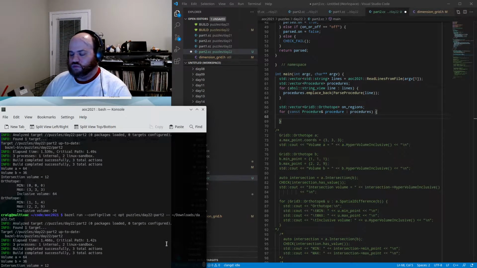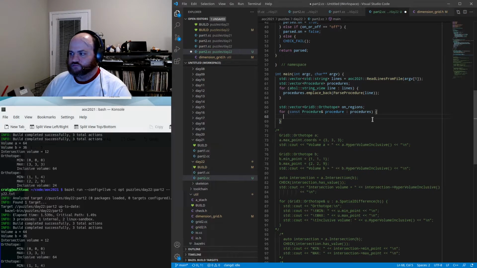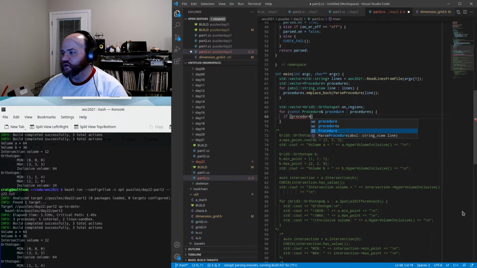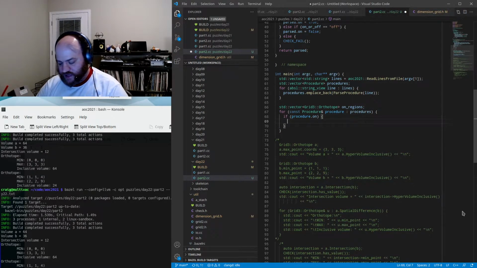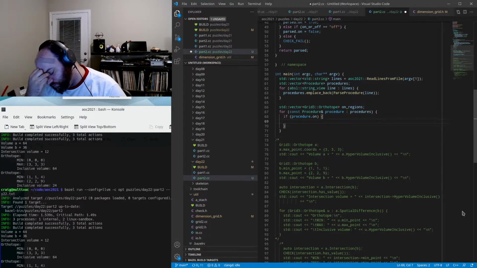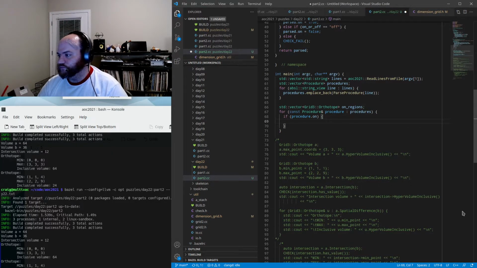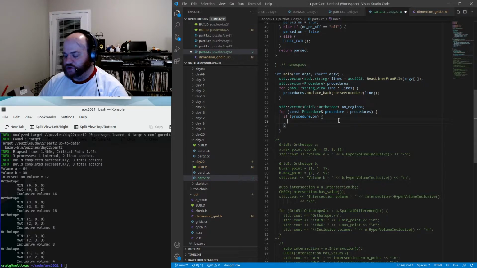So if procedure dot on, then... man, we're going to do so much swapping here, but I guess it depends on how many regions we actually wind up with. Hopefully it's not too out of control, but we'll say